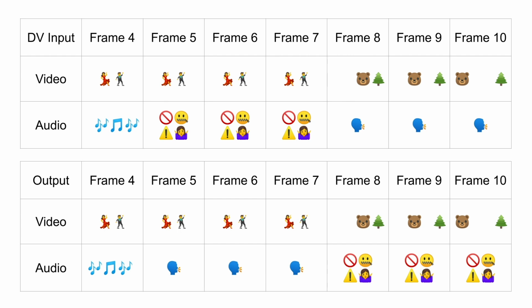But the result is then you have audio and video coming out at different rates and different amounts. And when those gaps happen, you start to lose sync between the audio and the video. There were a number of different ways to solve this, but one thing we realized is that